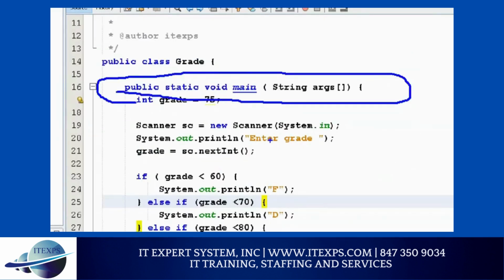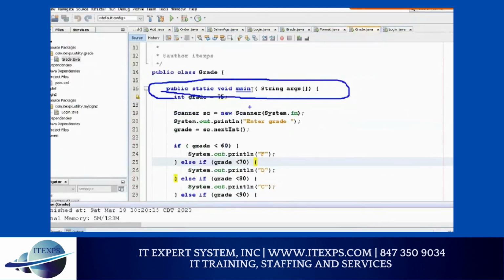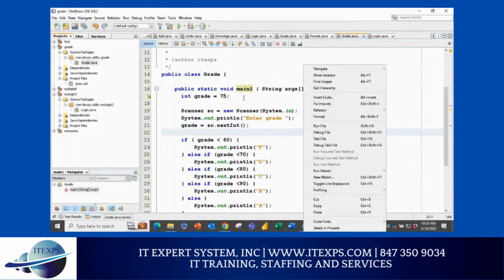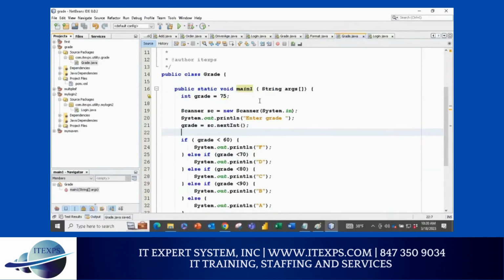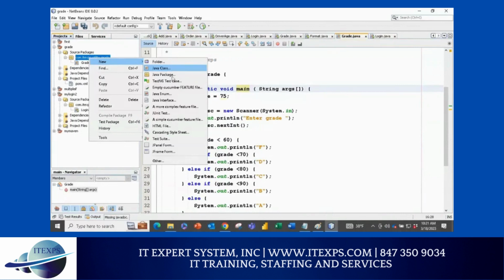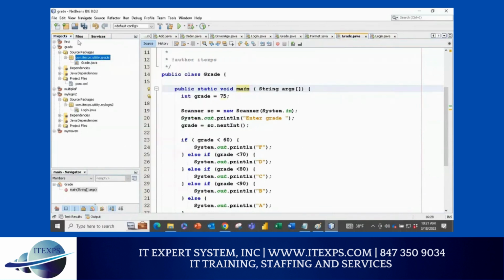For example, if you made a mistake here, let's say I write main with a typo, now if I save it, I will not be able to run it. So main is gone, right? If you have this problem, sometimes creating a new class will solve it. So right click, new Java class, and get started like that. It will solve that problem quickly. Make sure there is no error.